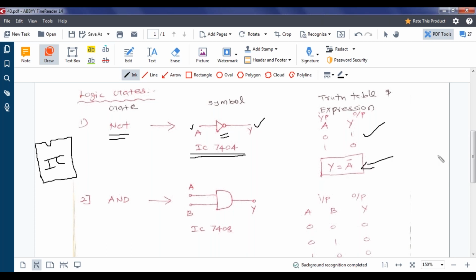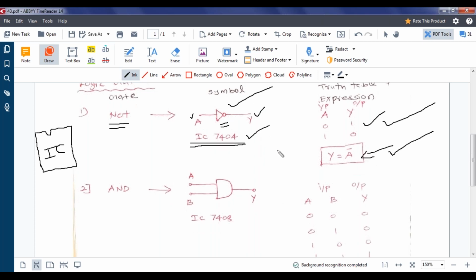So logic gates la வந்து என்னென்னலாம் நீங்க வந்து you want to know the symbol, you want to know the IC number, then you want to know the truth table, then you want to know the algebraic expression. And the 4 points உங்களுக்கு வந்து கண்டிப்பா வந்து ஞாபகம் இருக்கணும். Please keep in mind the 4 points: symbol, IC number, truth table, அப்புறம் வந்து algebraic expression. Fine. Hope you all understood the concepts of NOT gate.